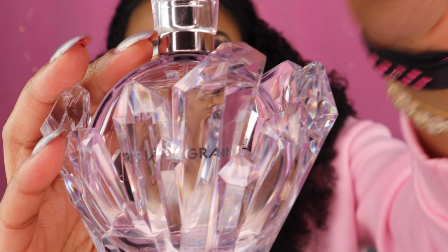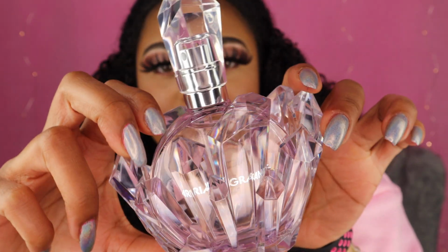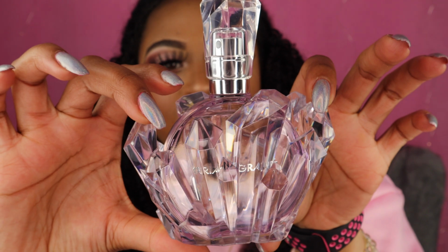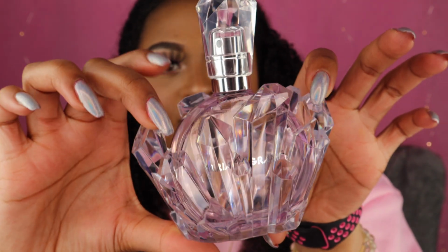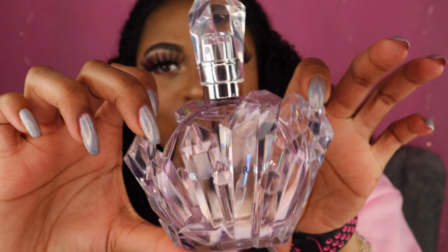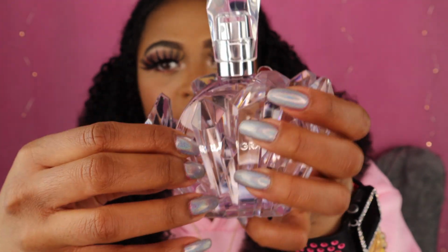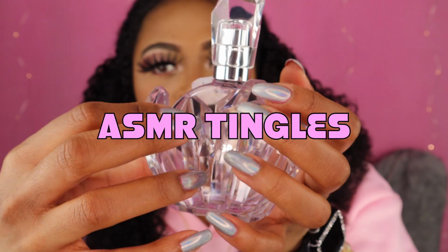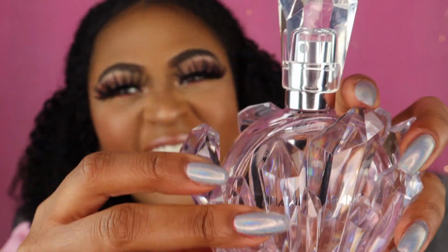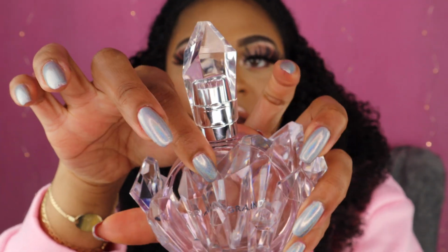Are you seeing this? So this is the bottle here. I think this looks so stunning. I mean, out of all of her perfumes, this is definitely one of my favorite design-wise because it is just absolutely beautiful. Like, I just want to sit here on camera with you guys and do some ASMR with this. Like, does that sound good? I've never seen anything like this, and it gets even better when you take it